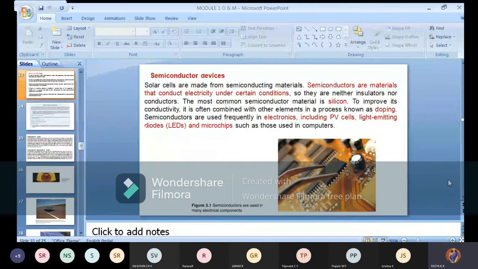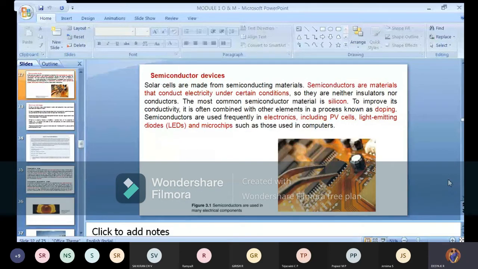And next, what are all the semiconductors? Because as we said, the solar collector is a device. The photovoltaic cell is a device that converts light energy into electrical energy. But which material do you have to use? There are a number of semiconductors available. I think from the starting of B.E., we are very familiar with the terms silicon and germanium.